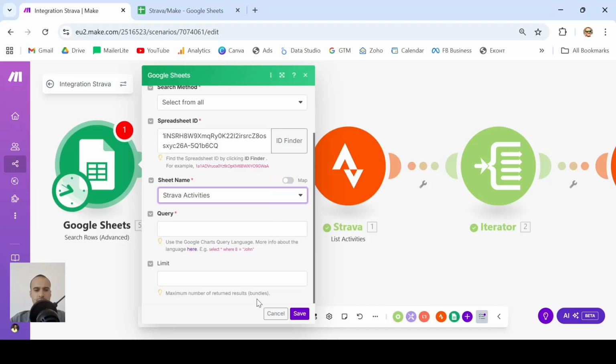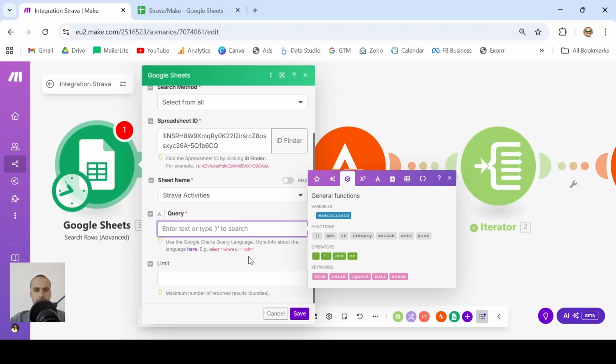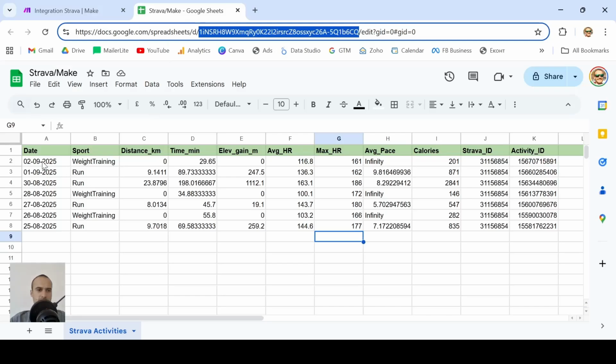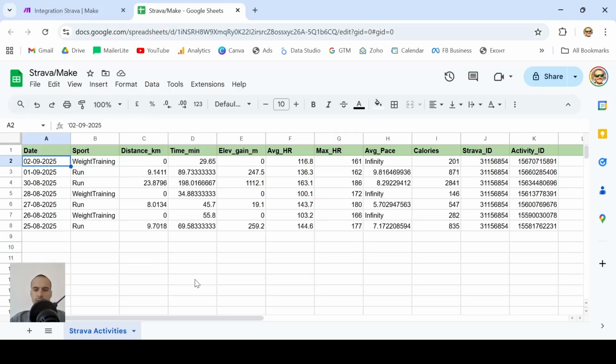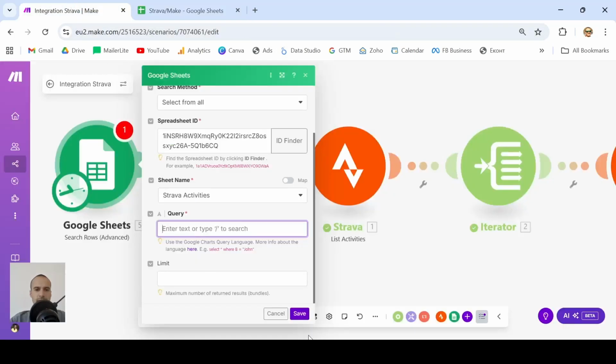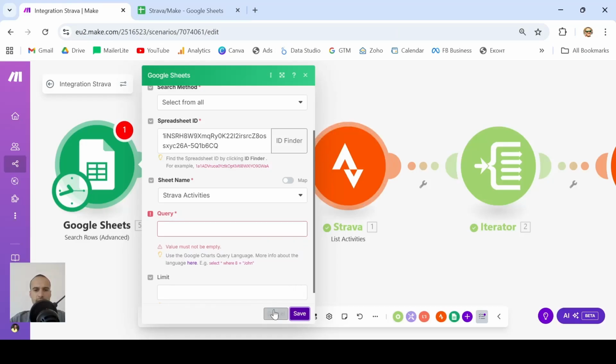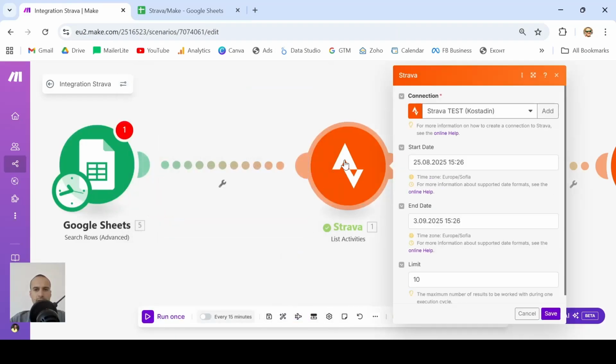Select your sheet, and now we need to type a query that's gonna pull the latest date. In our case, that's going to be 2nd of September. And then we'll save this date, store it as a variable, and let's just click save and feed it here